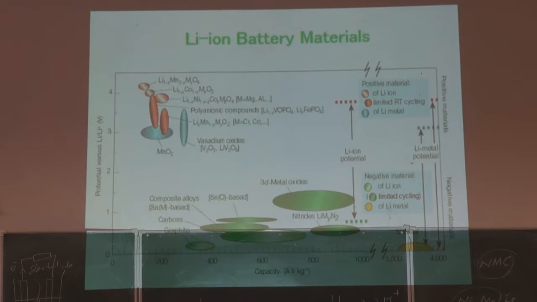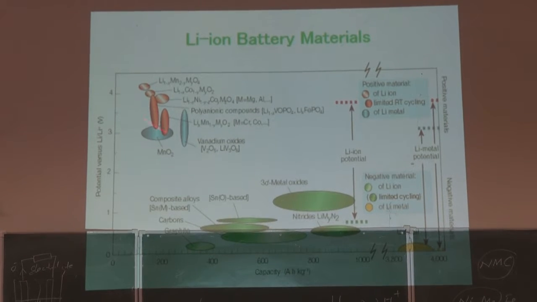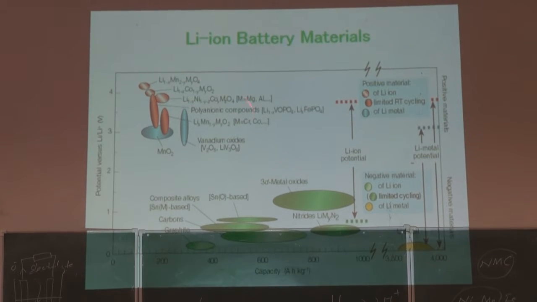Anyway, so this one also shows you a good picture, capacity versus voltage. You can see all the NMC materials are here, right? Around 4 volts. These are all these different manganese, graphite is here, tin, all these things. You can see the lithium. That is very high, right? But you cannot use lithium as your